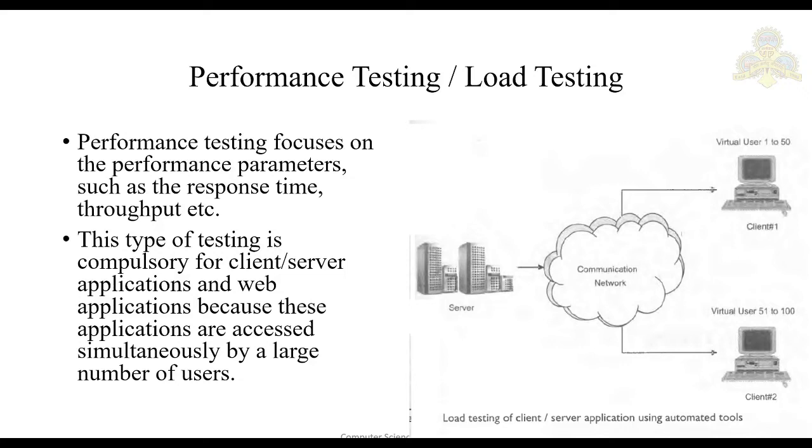Then we'll take the example of real-time embedded systems. The performance parameters here depend on the particular job that has to be completed within the specified time. Say for example, measurement of the temperature, or opening of a valve. So the timely response here becomes critical. So performance testing is compulsory in process control and telecommunication software systems. For such systems, the specification document needs to specify the timing requirements, that whenever you click on a button, within how many seconds or minutes you should get the response.